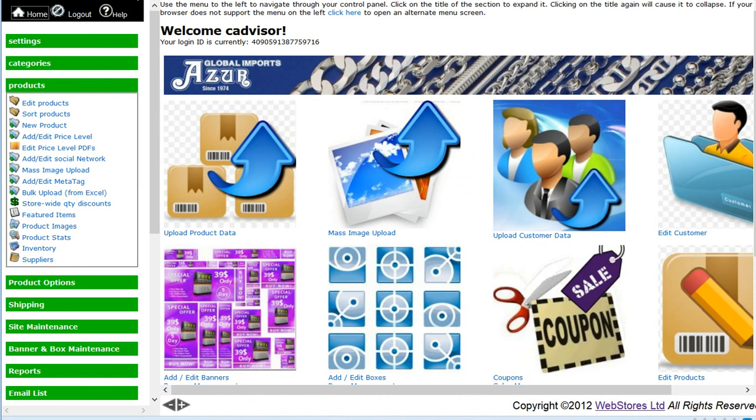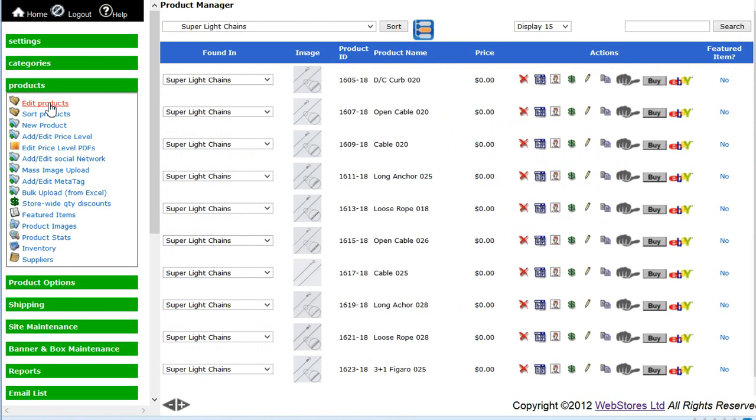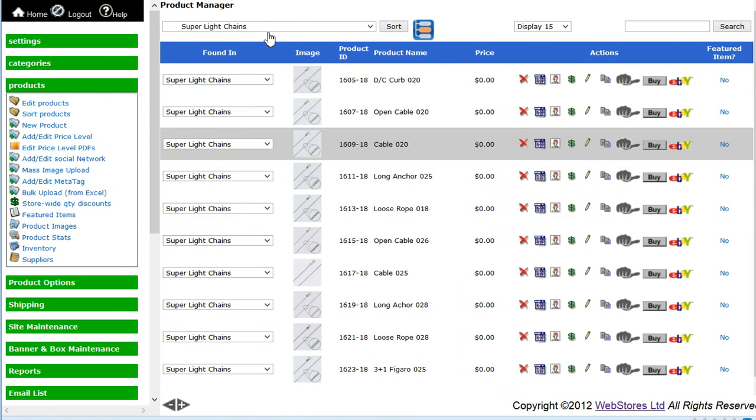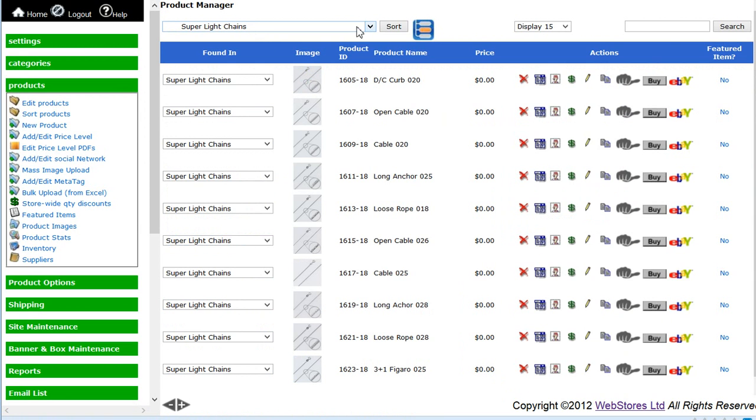So I'm going to jump over to the back end of the software, and I'm going to go to Edit Products. Now you can see here that I'm in the category of super light chains, and it looks like the price is 0. Well, the reason is that this cart is set up as a wholesale cart, and